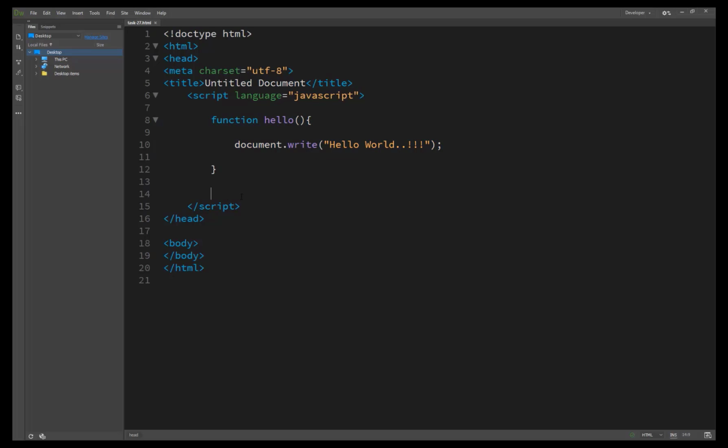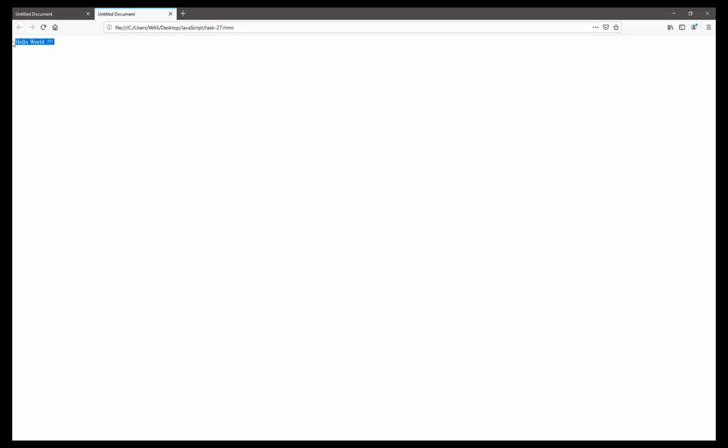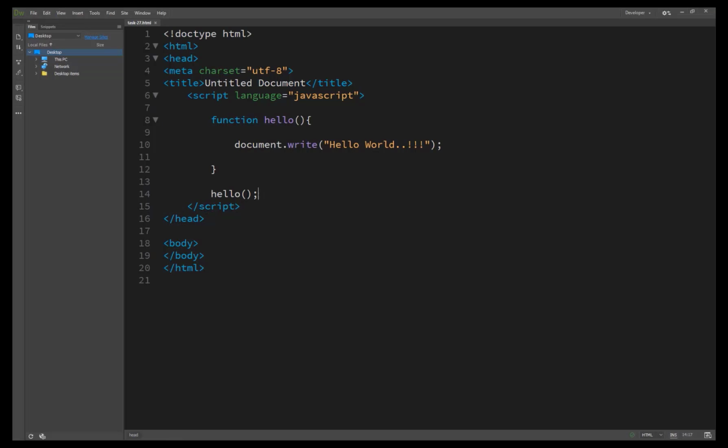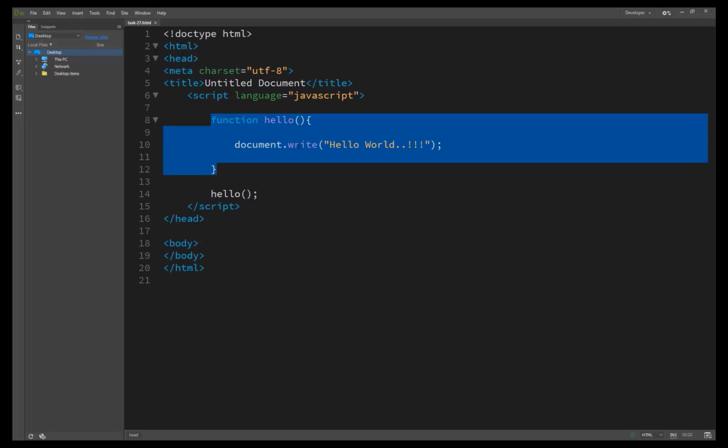So we must call this function like hello, and now you see the result. Now you see the result hello, because this is the method of calling a function. Typically you will not use a function just to display a dialog box. You want to build a function to perform more complex tasks that you will need to repeat multiple times in your application. This is just used to illustrate how to create a function.